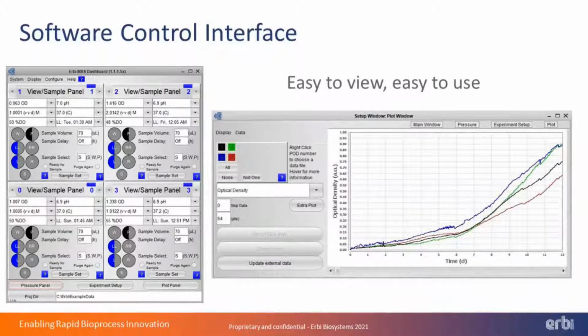Part of what makes our system so easy to use is our software. Users are guided through every step of the process, from calibration and inoculation to sampling and ending the experiment. Since all bioreactor control functions are integrated into the cassette, everything is controlled in one place. All online data and set points can also be visualized easily, and all measured process variables can also be plotted